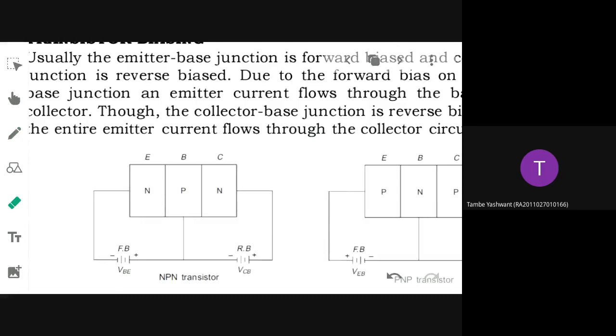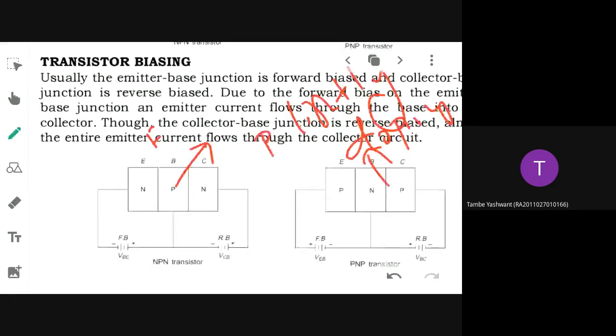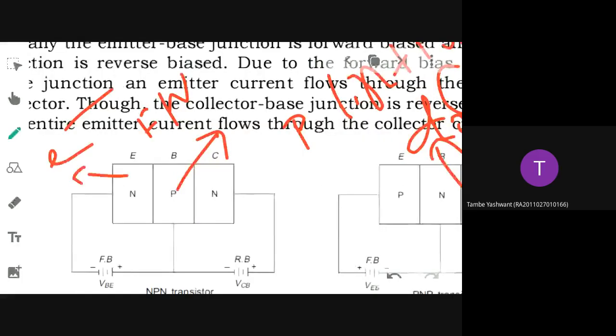And one more difference you have to see, constructionally the P layer will be lightly doped. Okay, doping will be very light in the middle region. Here the P layer will be lightly doped and here the N layer will be lightly doped. So the middle region is slightly doped when compared to the other two layers. So here you are going to forward bias the emitter base. So what will happen? N is having majority charge carriers, that is electrons, and P is having charge carriers, that is holes, but it is lightly doped. So the number of holes present in this sandwiched P layer will be less or high?